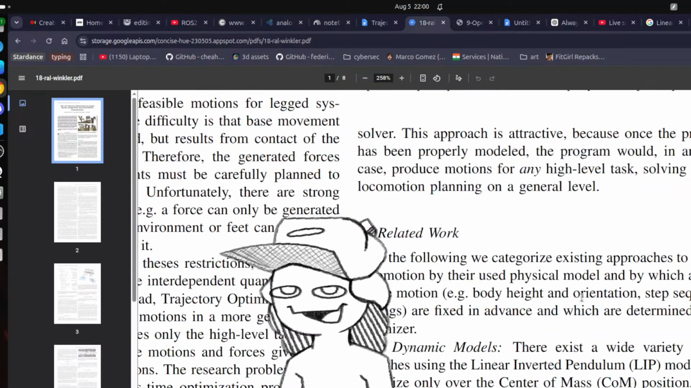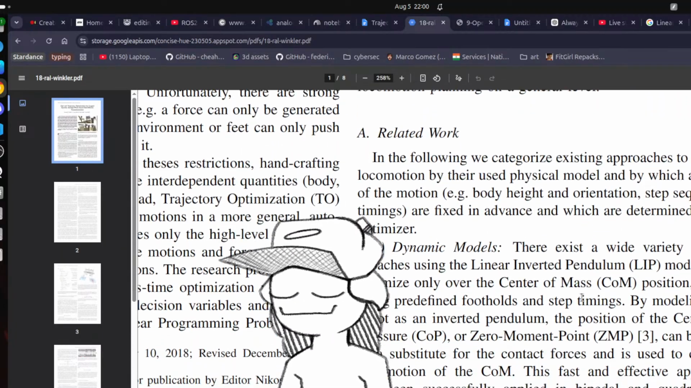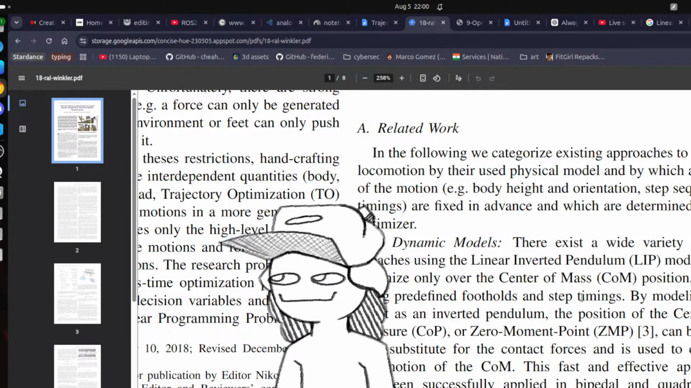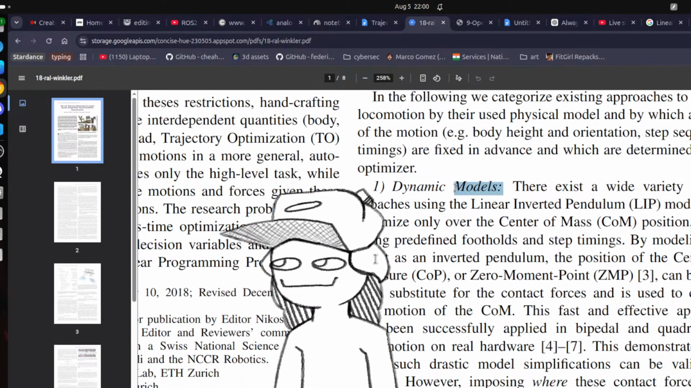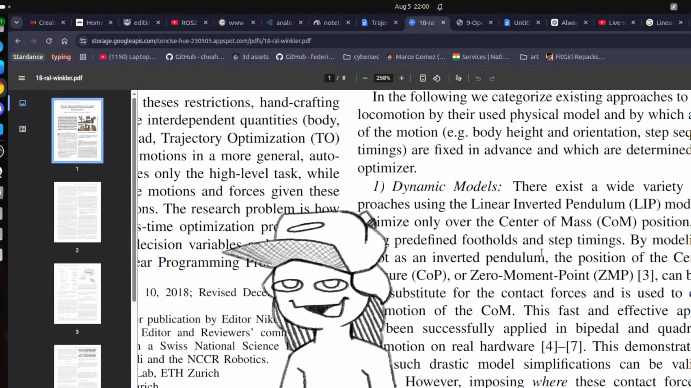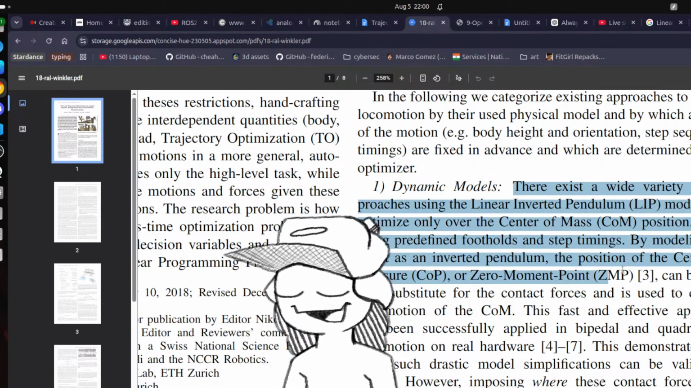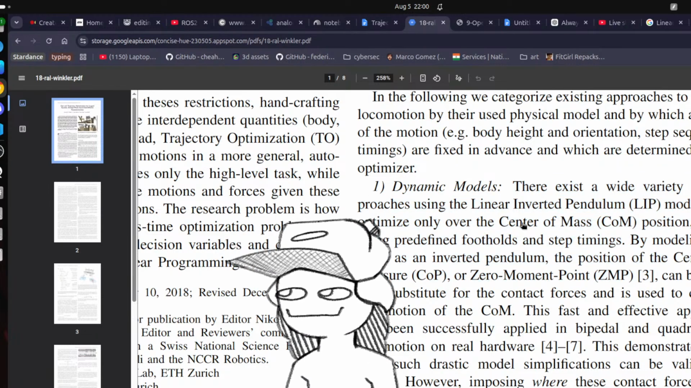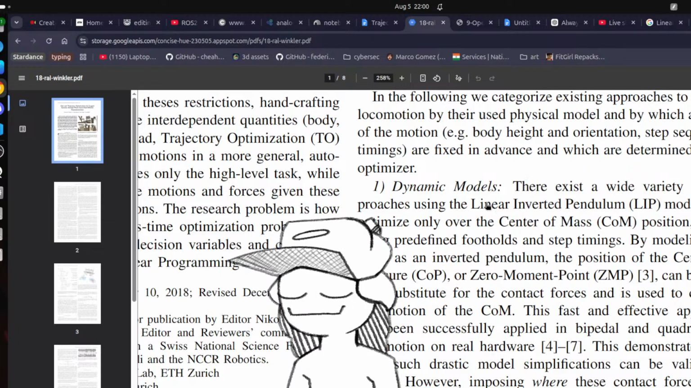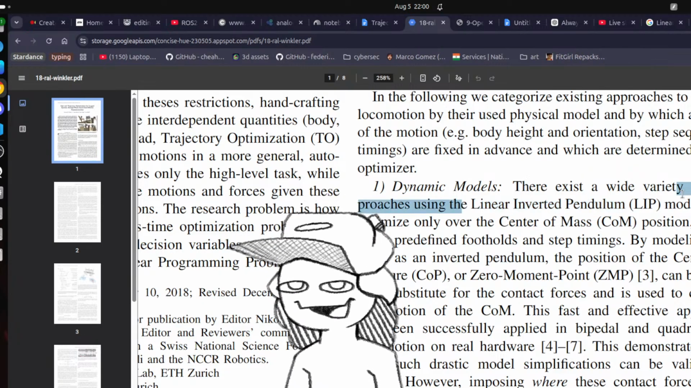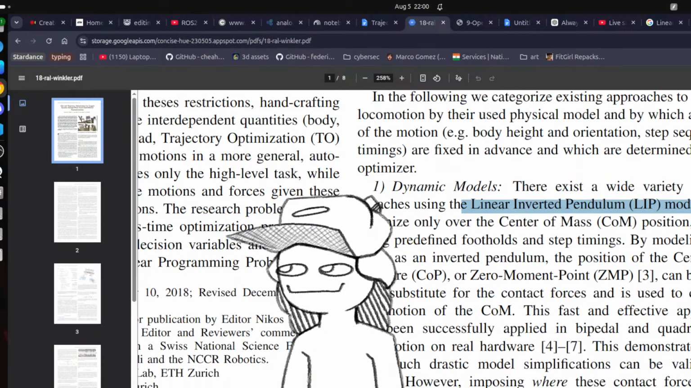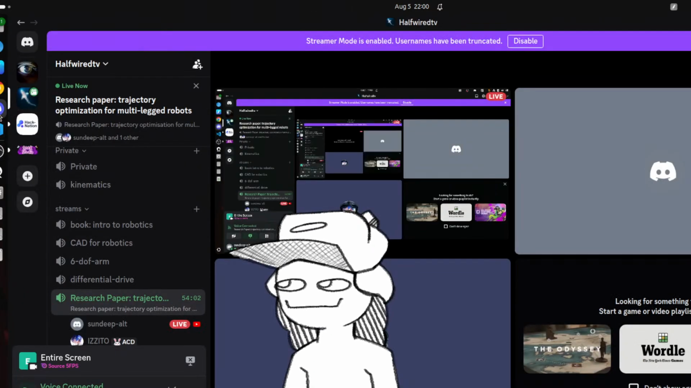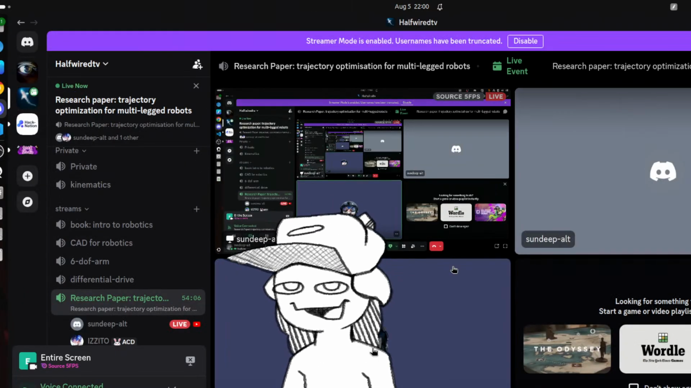The paper then talks about existing approaches, and this approach is very close to what we are doing in the paper itself. The linear inverted pendulum model, which basically,